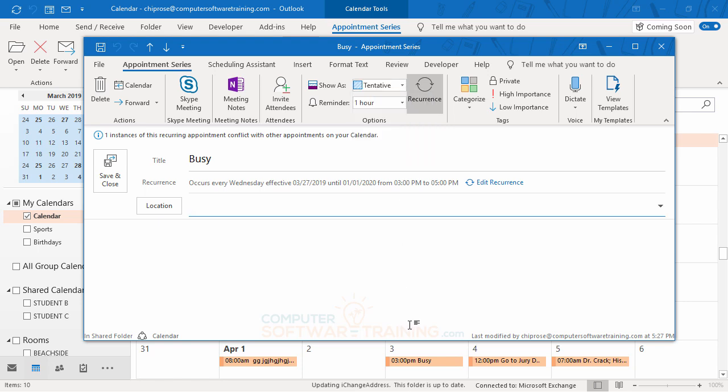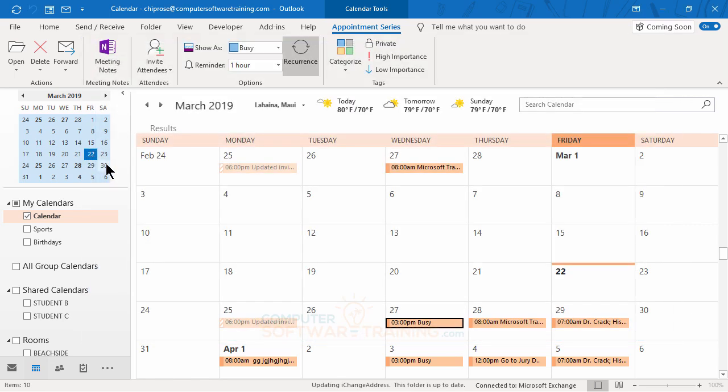So you can be maybe talked into going to their meeting. So we go ahead and hit save and close. And now that'll be more of a tentative thing.